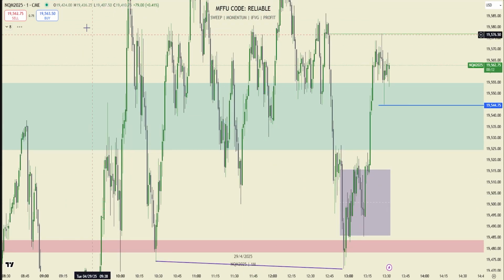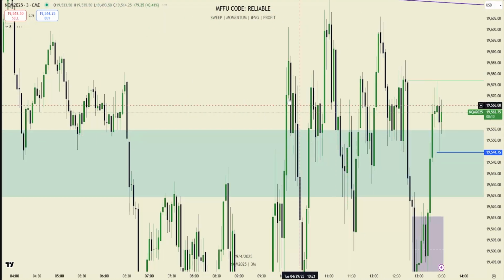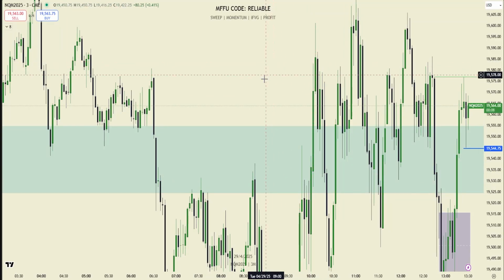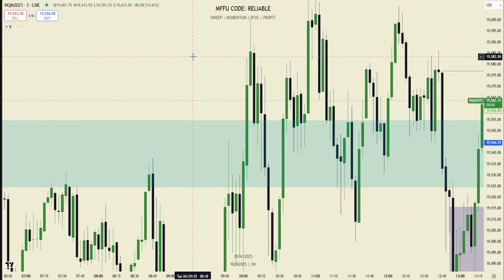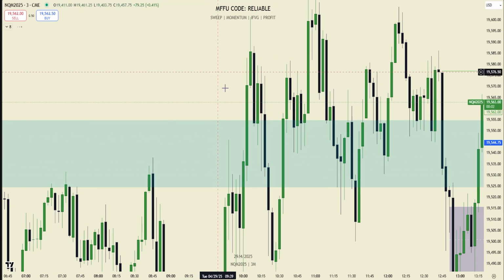Yeah, that was my only trade today: the 3 minute short to data low. I took a long here and caught that too, but this was the only valid play I think that I took on eval.